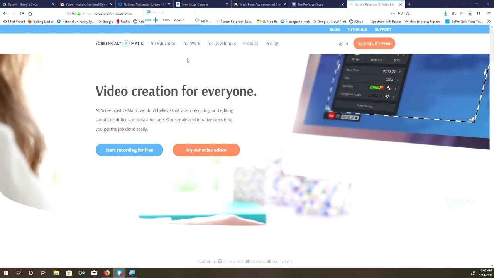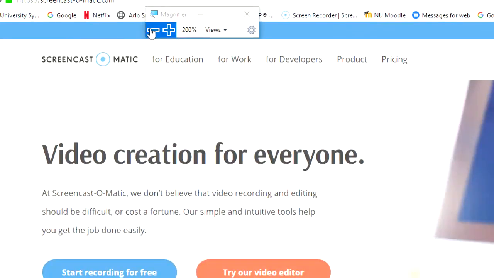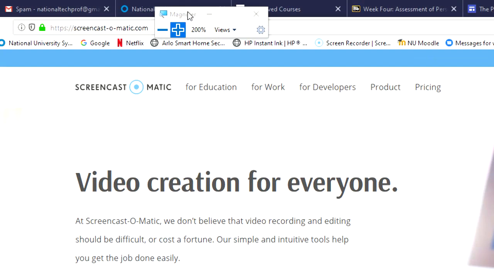Okay, so here's Screencast-O-Matic as an example. And here's the URL right there. Let me move that out of the way for you, but there's a URL for screencast-o-matic.com. I believe you do need to create an account for the free account. There are some paid accounts that give you a couple of other additions to the free account, but I've used the free account, and it works just fine.